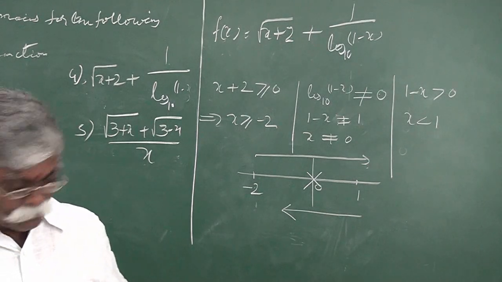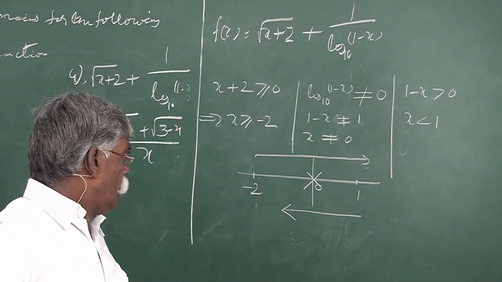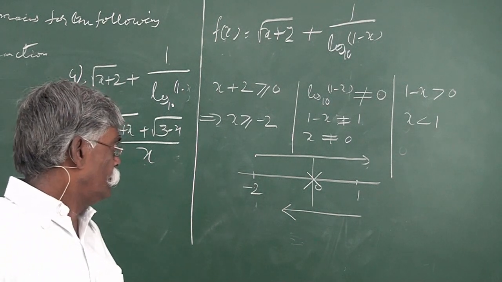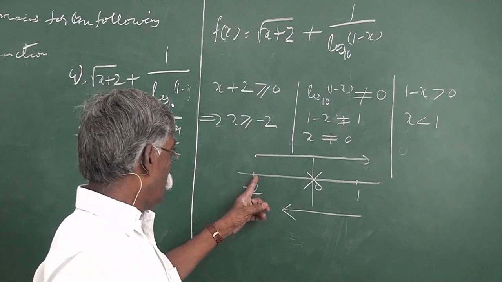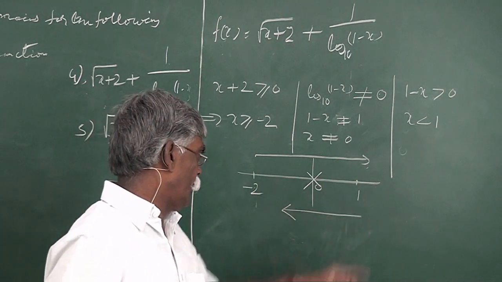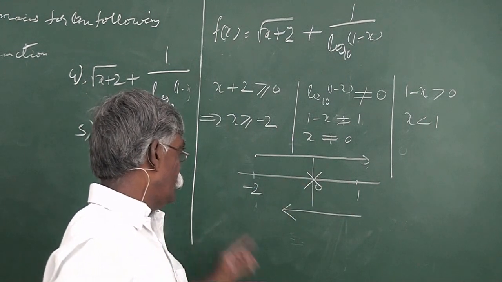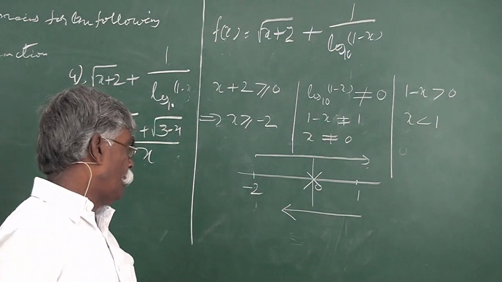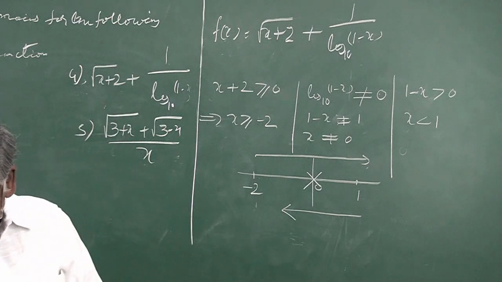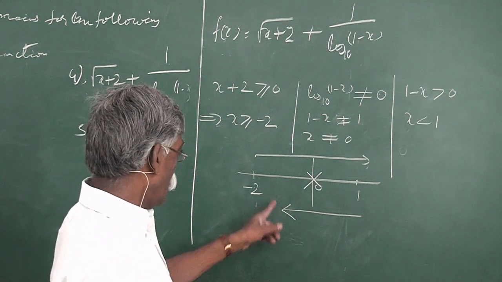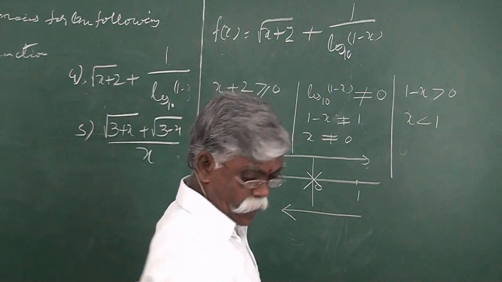So therefore, the values which satisfy both, here all the values from minus 2 greater, and all the values from 1 and on this side. So the values which satisfy both are the values which belong to minus 2 comma 1. And from that, we have to delete 0. So therefore,